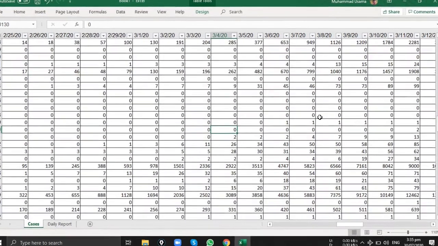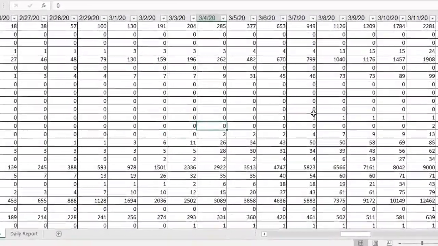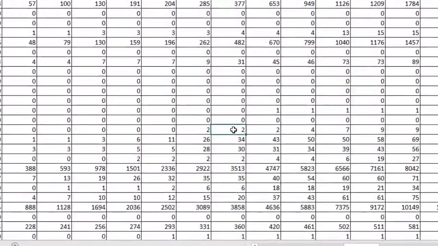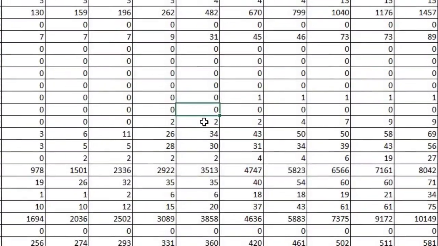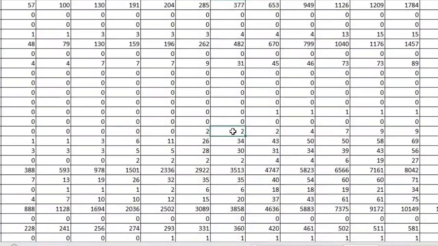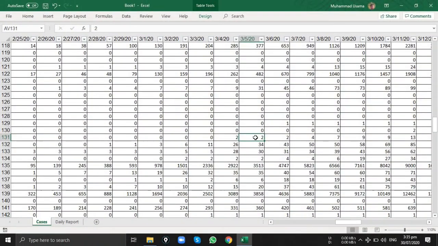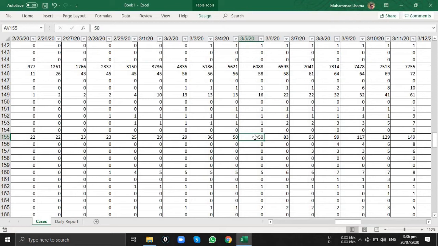Besides scroll bars, you can also use your keyboard to navigate. For example, we have 4 arrow keys which allow us to easily move left, right, up and down. If you need to make bigger movements, two really useful keys are Page Up and Page Down. What they do is take us down a screen's worth at a time. So you can see at the moment I am on row 142 at the bottom. If I press Page Down, you can see row 143 at the top.